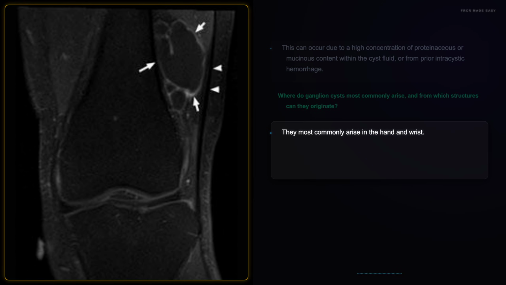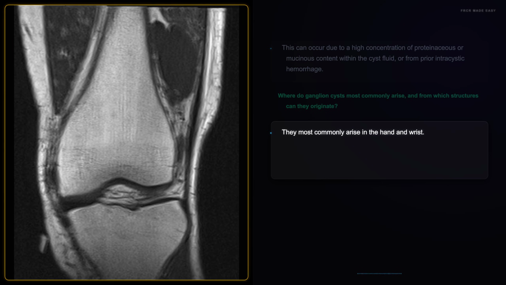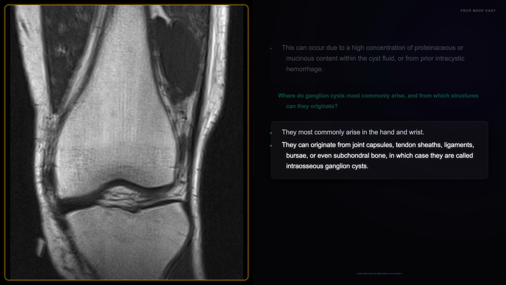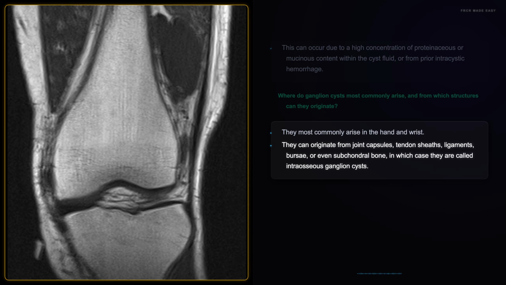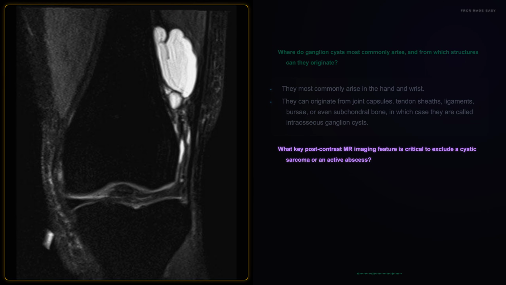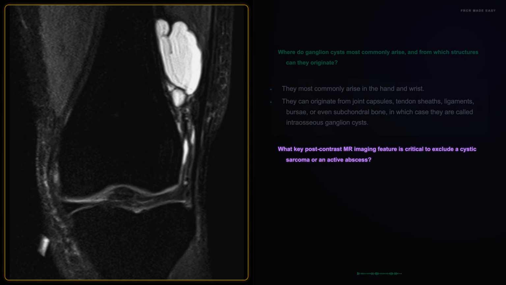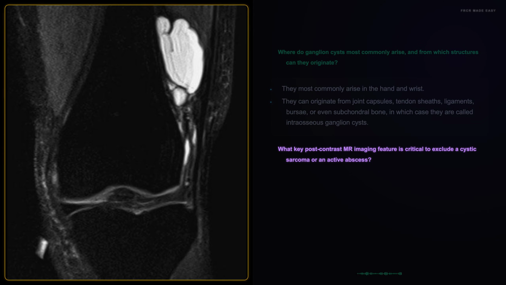They most commonly arise in the hand and wrist. They can originate from joint capsules, tendon sheaths, ligaments, bursae, or even subchondral bone, in which case they are called intraosseous ganglion cysts. What key post-contrast magnetic resonance imaging feature is critical to exclude a cystic sarcoma or an active